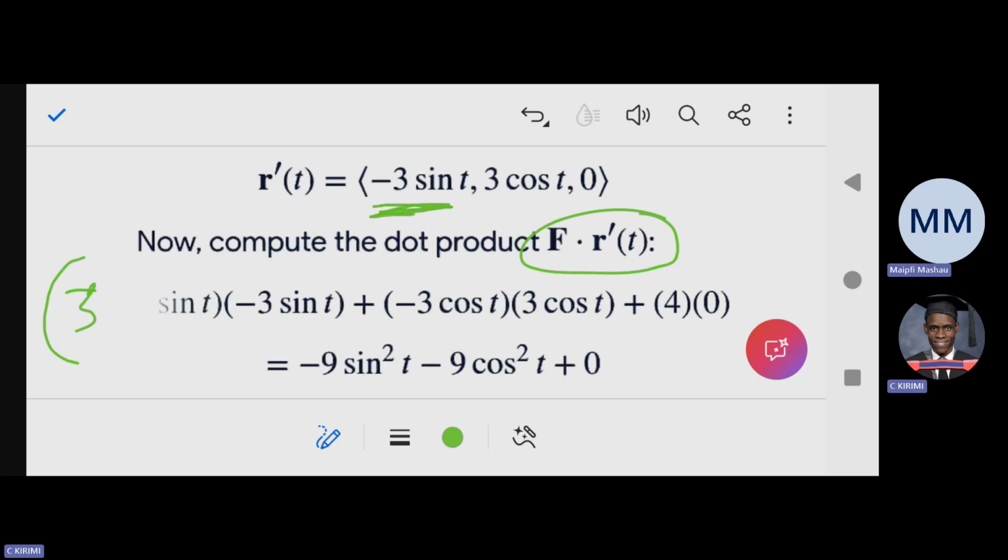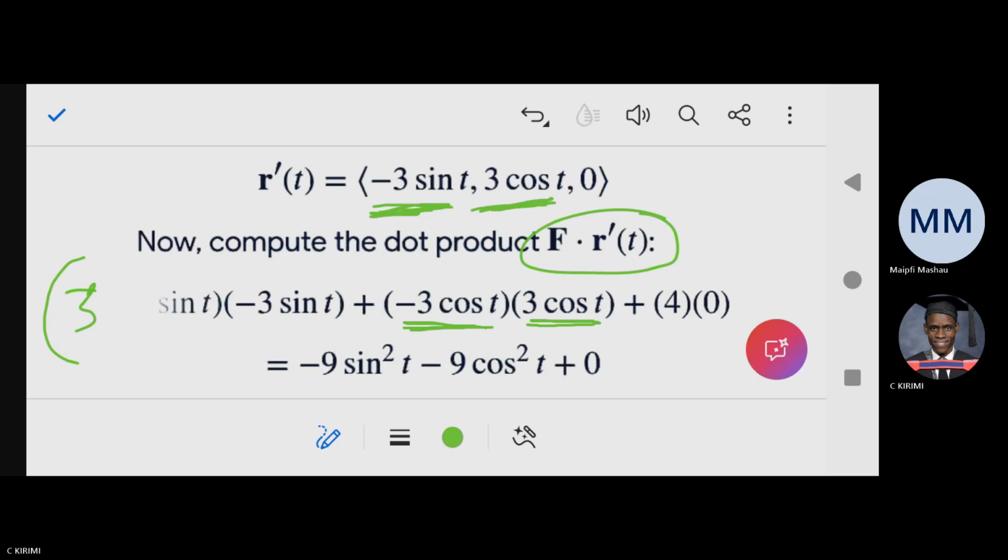r prime. Remember the dot product: the first component times the first component plus the second component, which is minus x. Minus x in terms of t is minus 3 cos t, times the second component of the derivative of r. That's why it's minus 3 cos t times this one. Then the last component